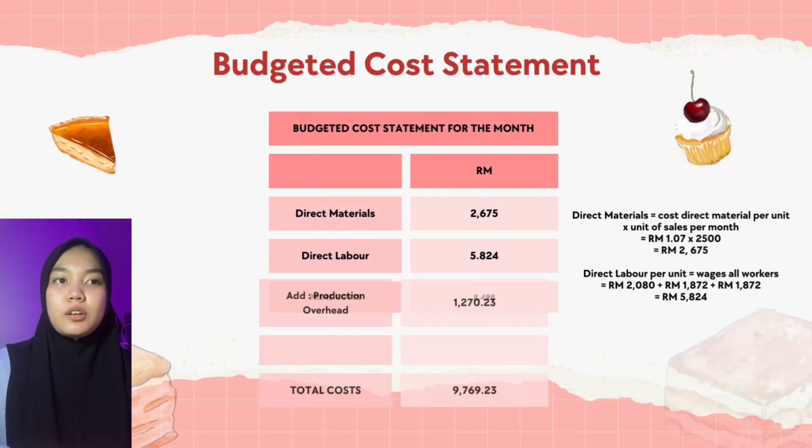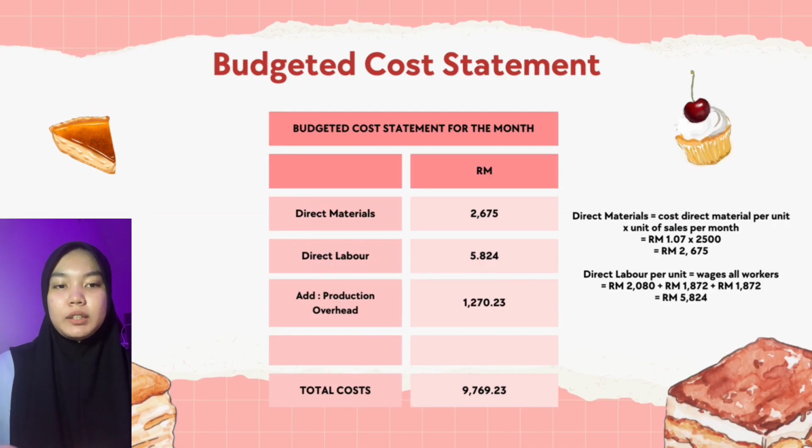Next, budgeted cost statement for the month. For direct materials, we use the formula cost of direct material per unit multiplied by unit of sales per month. RM1.07 multiplied by 2,500, we get 2,675. And for direct labor, we use the formula of wages of all workers, 2,080 plus 1,872 plus 1,872, we get